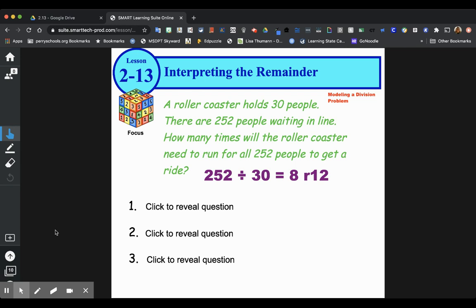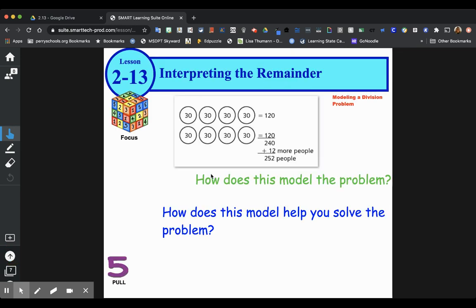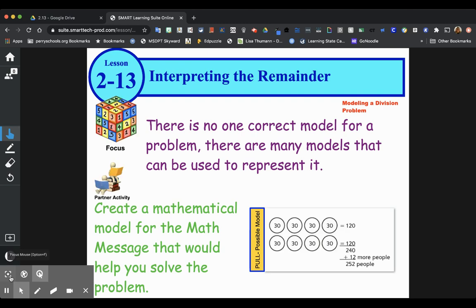So we see that 252 divided by 30 equals 8 with a remainder of 2. We got that from the visual model that I created with the circles. So we see 8 times with a remainder of 2. But remember, if we go back